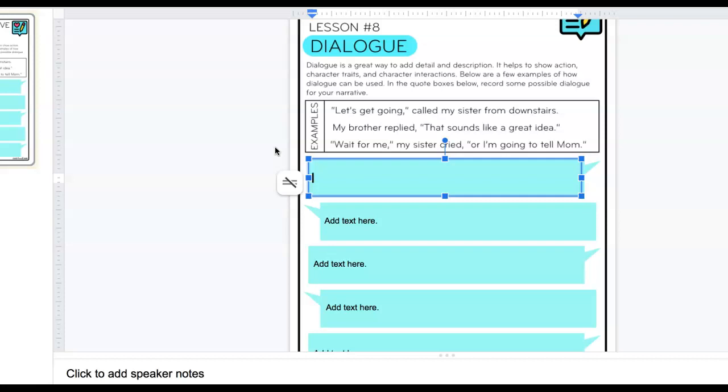So I'm thinking about when we got Clementine, and one sentence that we said is we better get going, because we were going somewhere to get her. So this is what was said. Here is how I'm going to put it in my story. So I wrote what I had here, but I'm going to go back to the beginning and I'm going to put a quotation mark. Okay?